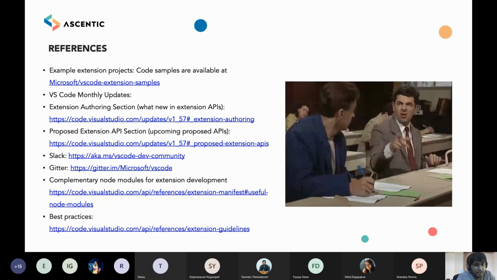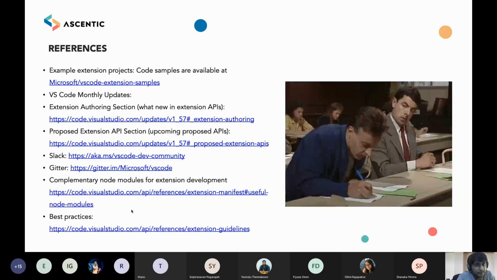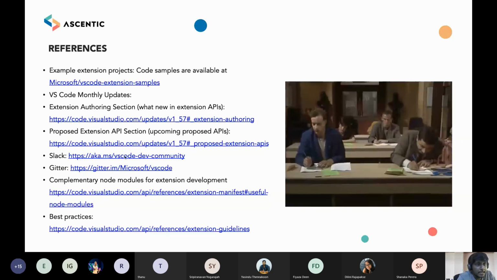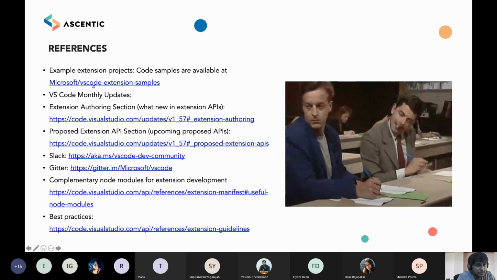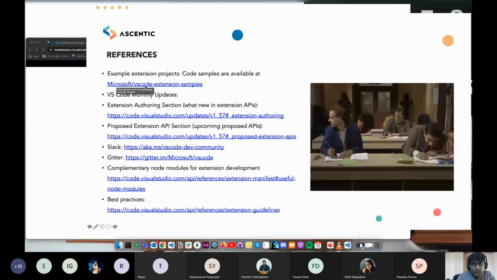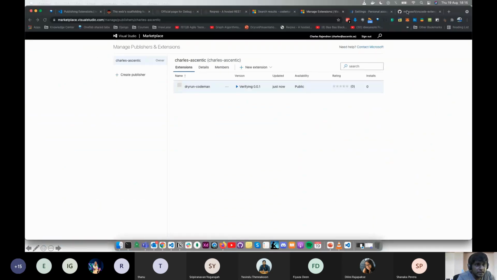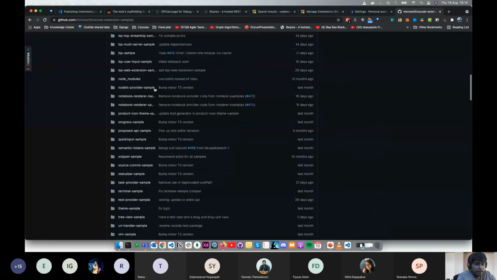We don't usually find enough resources for VS Code extension development, so most of the resources are with Microsoft. One of the best resources to begin with is their repository called vscode-extension-samples. As you can see here, this is the repository. You can find tons of sample extensions. For example, if you want to work with tree view,